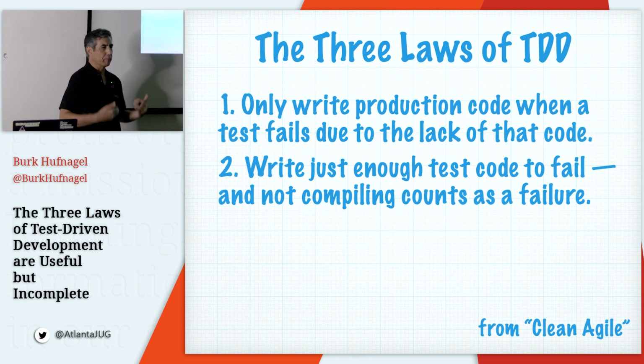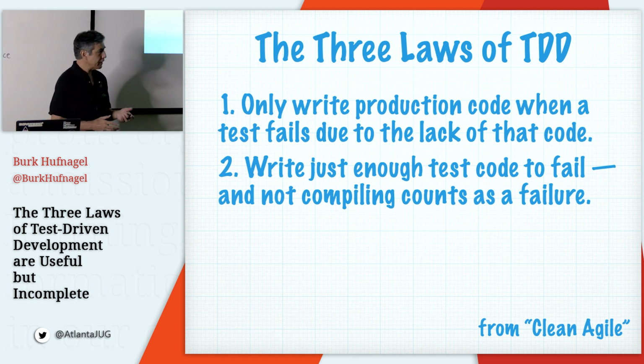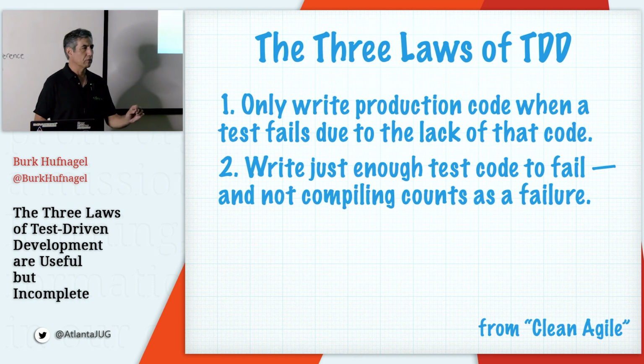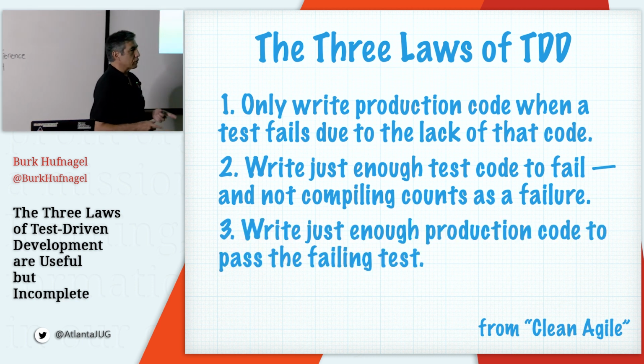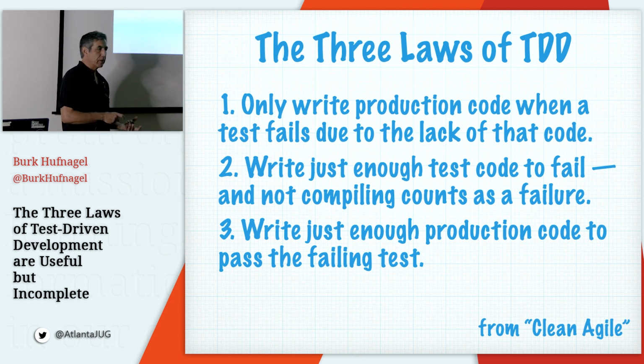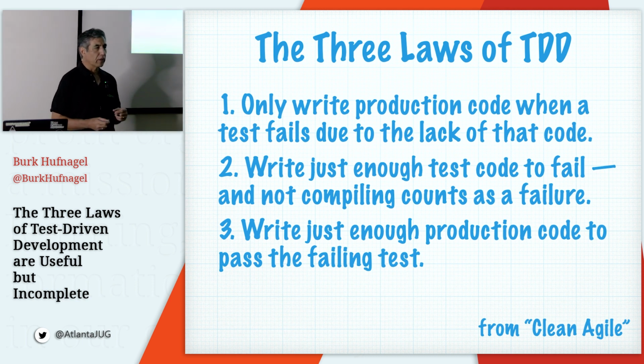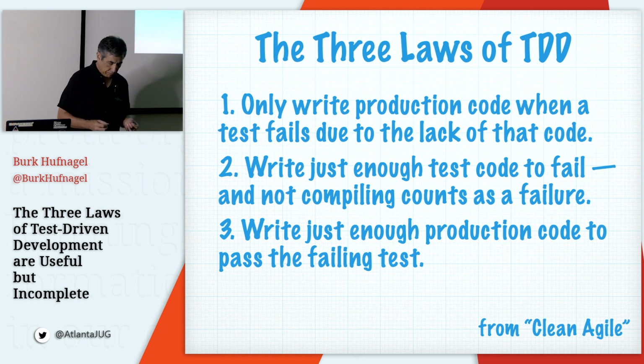You don't have to wait to compile, which is good because if you're using other languages like JavaScript or something else that doesn't need a compile step, this doesn't work for you. So basically, you can only write enough test code for it to fail, however that gets detected. Right? And the third step is you write just enough production code to make the failing test pass. Okay, and this is really cool because, as he put it, it sort of locks you into a 30-second